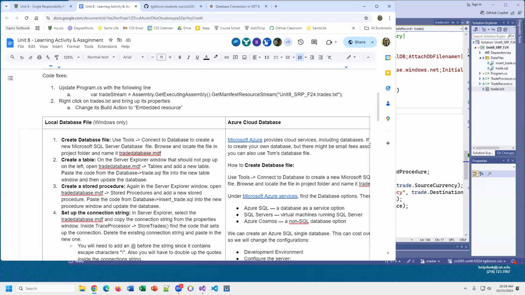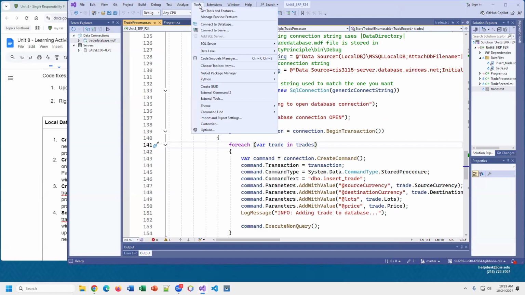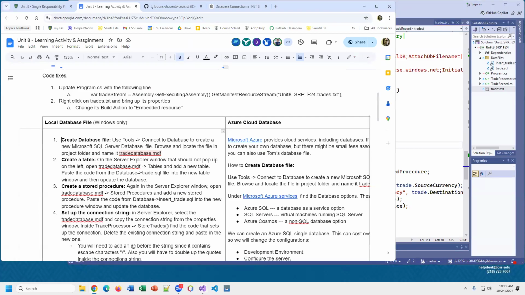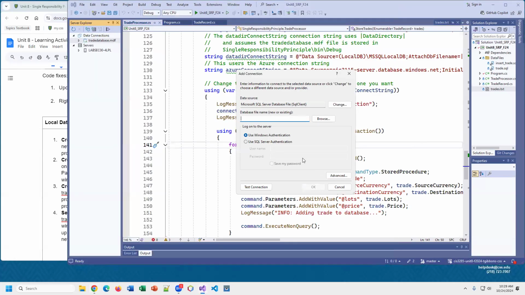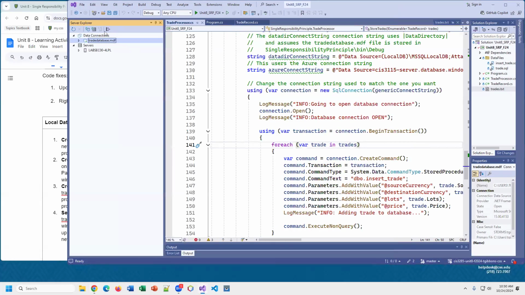So again, that's what we did. We created the database file. I should have gone here, Tools, Connect to Database. I put in the database MDF here, and I created that file. Now with that file created, over here in my Solution Explorer,